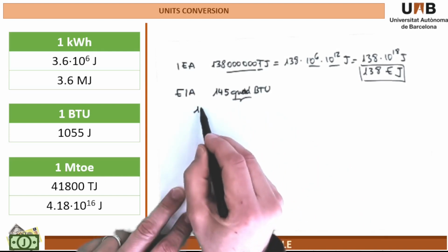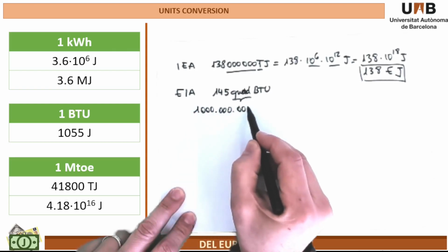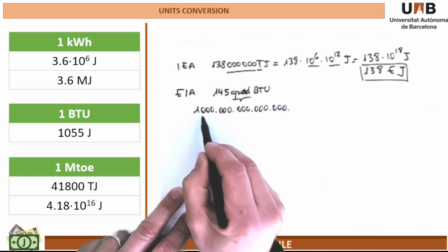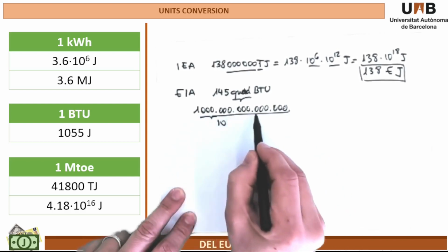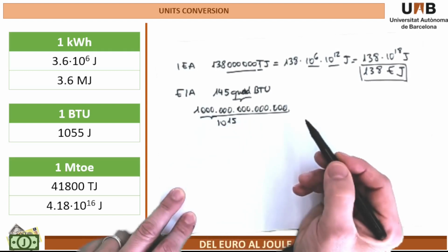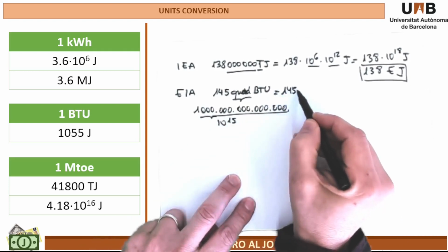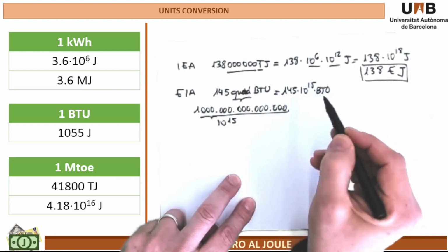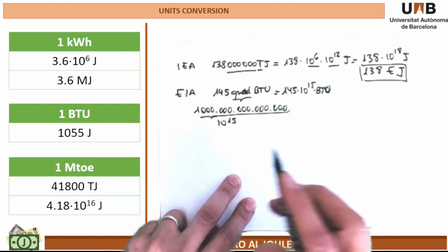Remember that this is million, billion, trillion, quadrillion, that is the same as saying 10 to the 15, and this is 145 10 to the 15 BTU, and now we need to transform it in joules, and it's